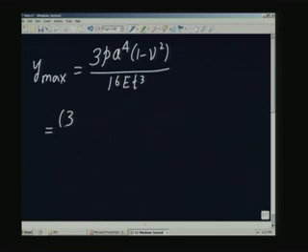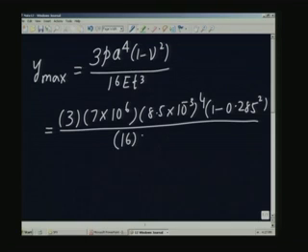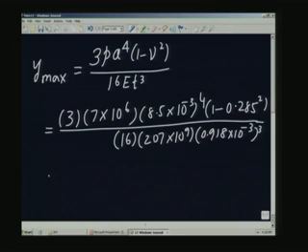This will be 3 into 7 into 10 to the power of 6 into 8.5 into 10 to the power of minus 3 whole to the power of 4, 1 minus 0.285 whole squared, divided by 16 into 207 into 10 to the power of 9, 207 gigapascals, t cube is 0.918 into 10 to the power of minus 3 whole cube,